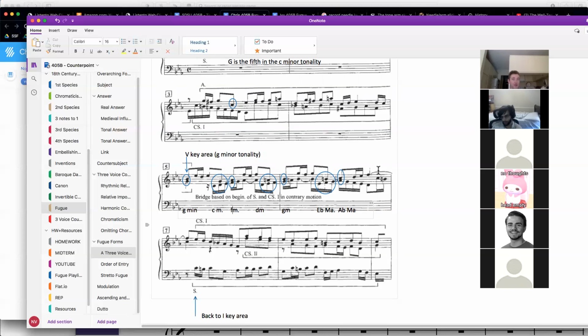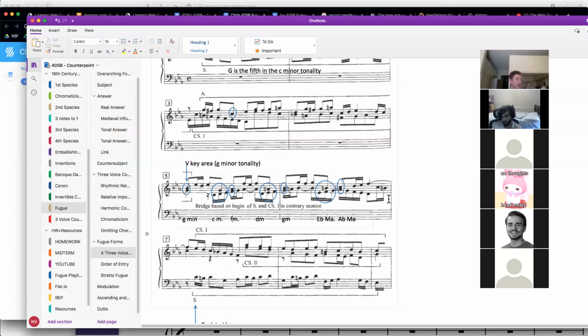You don't have to have a bridge this long. You know, in fact, Thompson considers this one of the longest bridges. A lot of times you can just have kind of you can come back to the key area pretty quickly. So let's kind of imagine what we could do. Right? You could somehow do something like that, right? Where you have basically